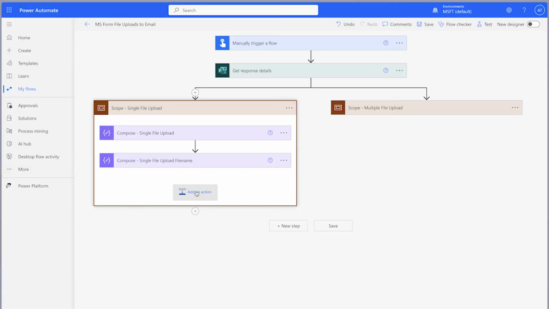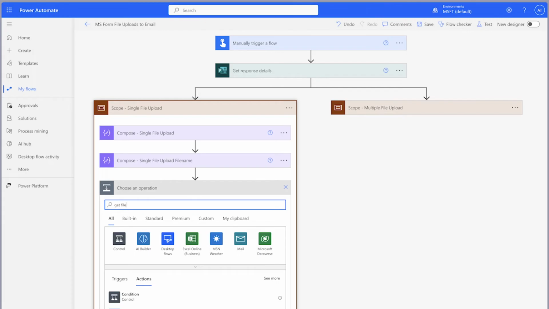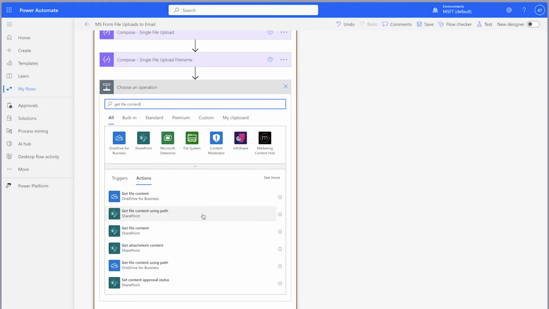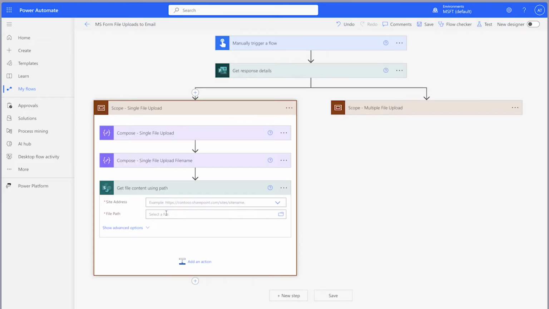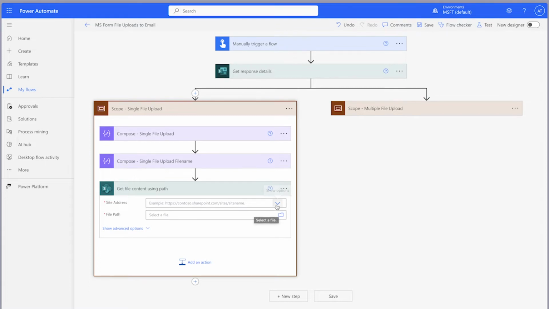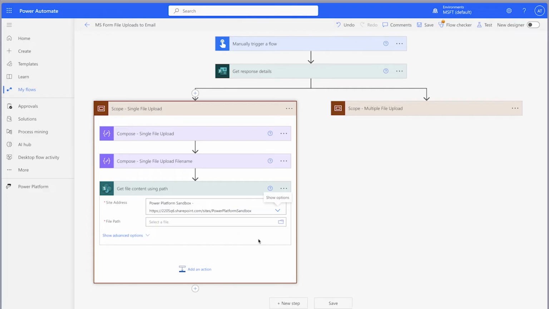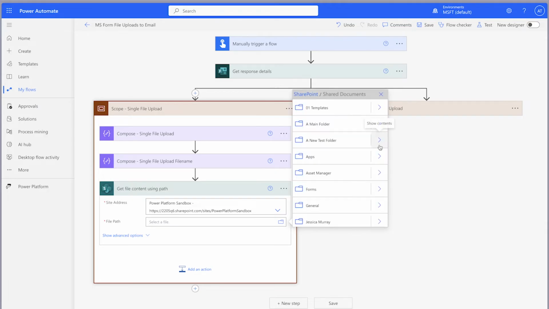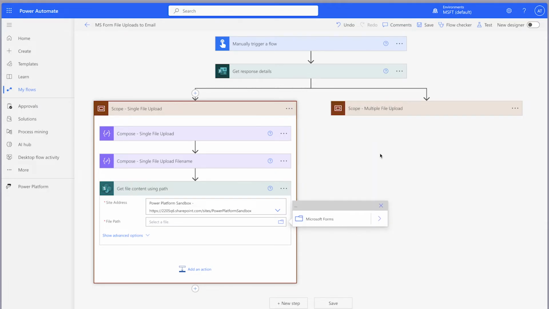To attach the files to an email, you'll need to get the file content. Remember that personal form file uploads are stored in your OneDrive and group form file uploads are stored on SharePoint. Select the appropriate action for your flow. Since I'm using a group form, I'll select the SharePoint Get File Content using Path action. Select your site address. For the file path, select Shared Documents, then Apps, Microsoft Forms,